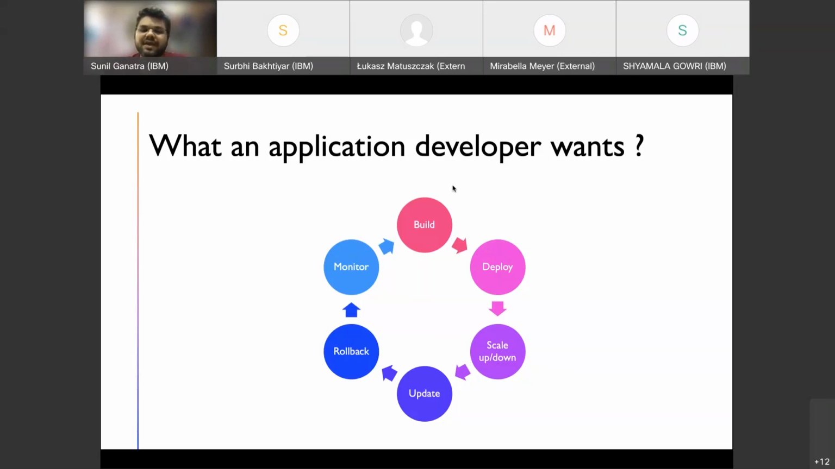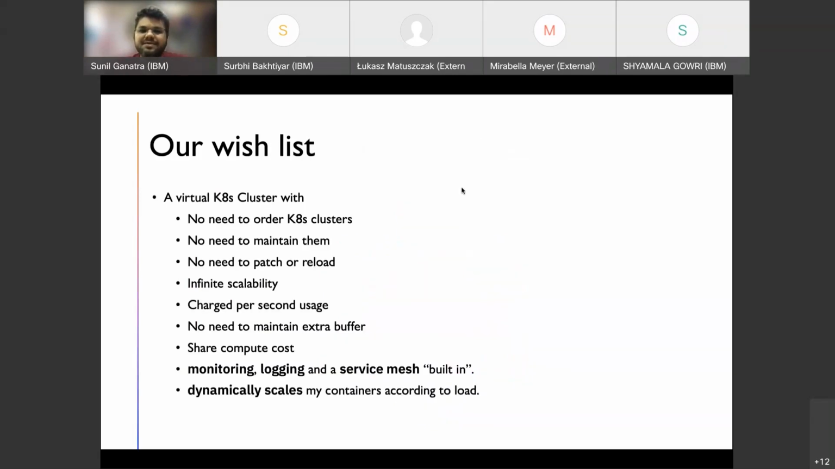But most of the time, what you end up doing is creating Kubernetes clusters, managing them, and maintaining them. You have to patch them regularly. You have to maintain the scalability of your application, and you end up scaling your cluster based on the requirement. And even if you are not using your Kubernetes cluster, you are still paying